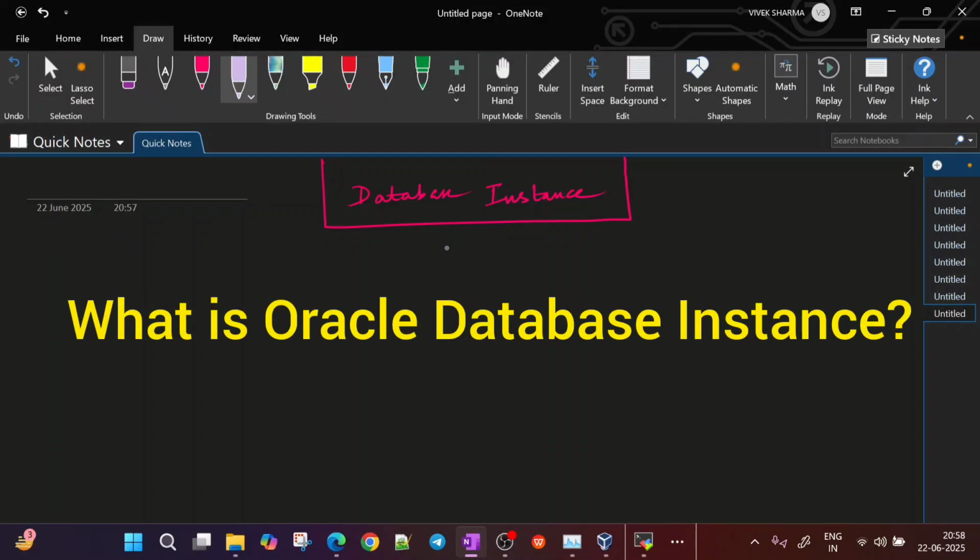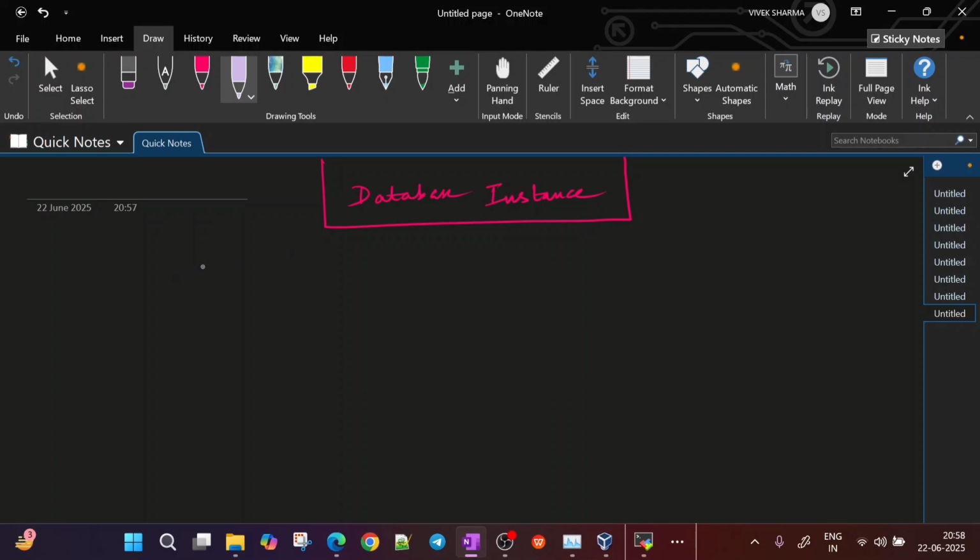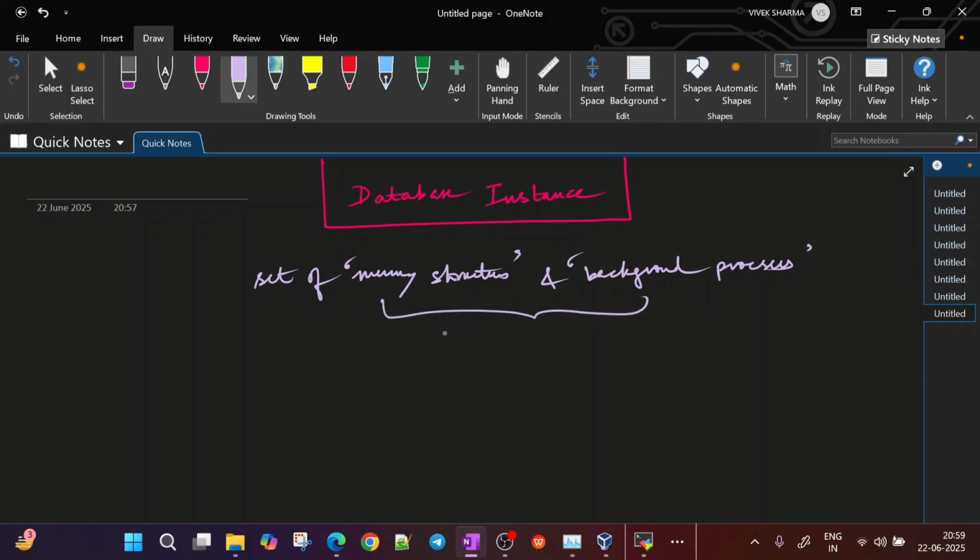So what is a database instance? Normally, if you search for it everywhere, you will find this sentence: a database instance is a set of memory structures and background processes. So a database instance is a set of memory structures, and there are also some background processes. The combination of these two helps to